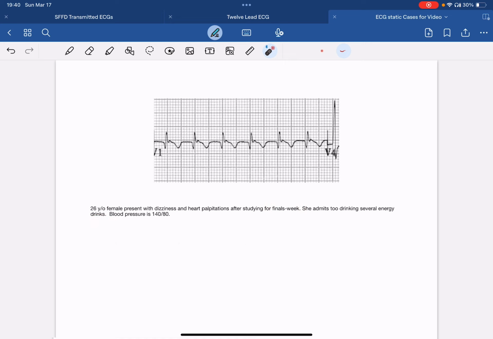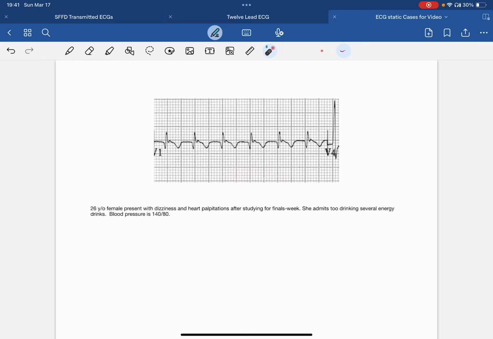So this is a pretty interesting case because this is going to be a narrow complex tachydysrhythmia. We know it's a narrow complex tachydysrhythmia because the QRS complexes are narrow. They're less than 120 milliseconds. It's a tachydysrhythmia because the rate is somewhere in the range of 150 beats per minute. And we can tell that that is the rate just because if we measure the big boxes and then divide 300 by the amount of big boxes that we see, which is going to be 2,